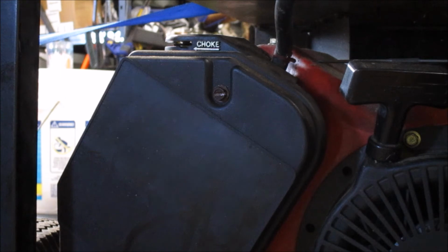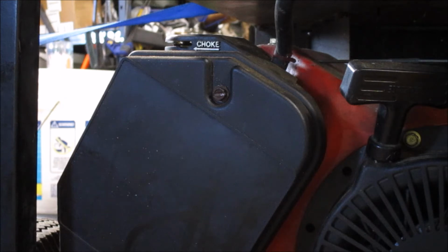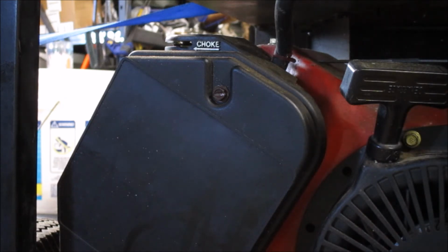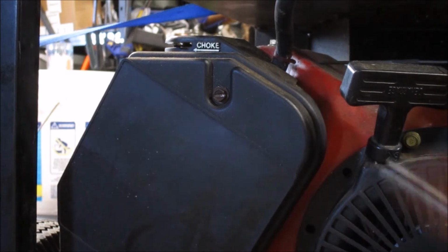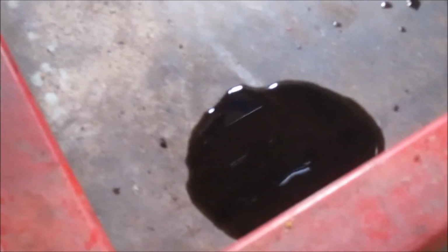With only 30 hours used on this, I'm going to assume this is probably the factory detergent oil. I'd be surprised if it were otherwise. It certainly smells like it. As a matter of fact, I'll show you a quick look at this stuff. You can see how thin and black this is. Based on the smell, that is